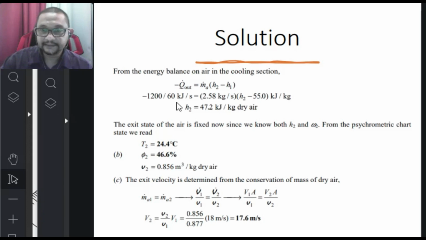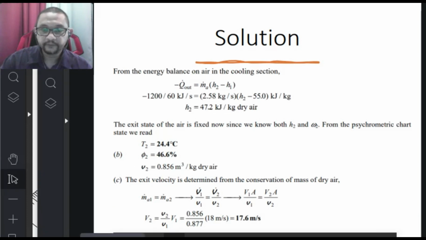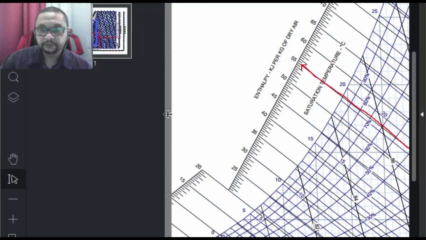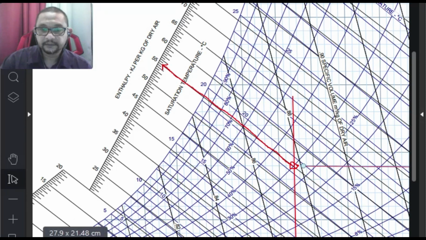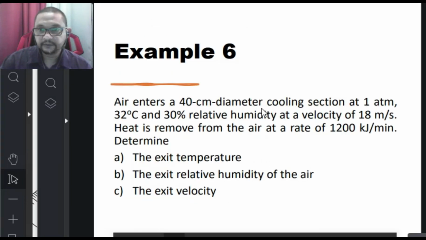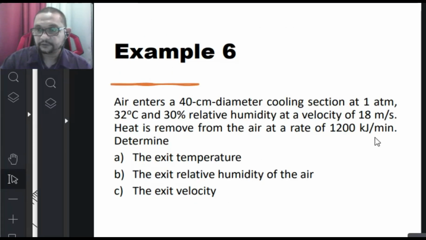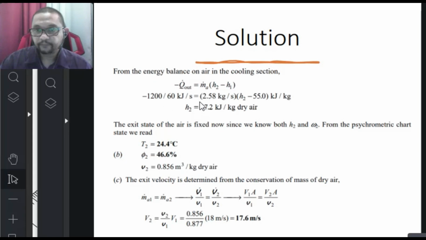Convert this unit to kilojoule per second, because in the example, 1200 is in the unit of kilojoule per minute. Put in all the values that you obtained previously, and then you get H2 is equal to 47.2 kilojoule